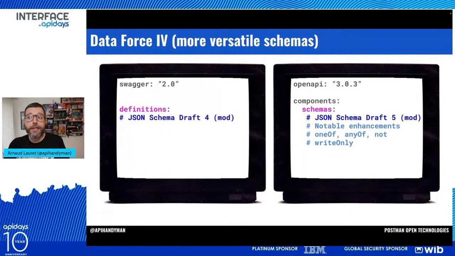And there's also the writeOnly property that allows you to tell that this property is only used on a write operation. There was readOnly in the Swagger 2 version, but not writeOnly. And with the combination of the two, it's really useful to describe a single schema that will be used both in reading and writing. That makes the specification simpler to describe and simpler to use.